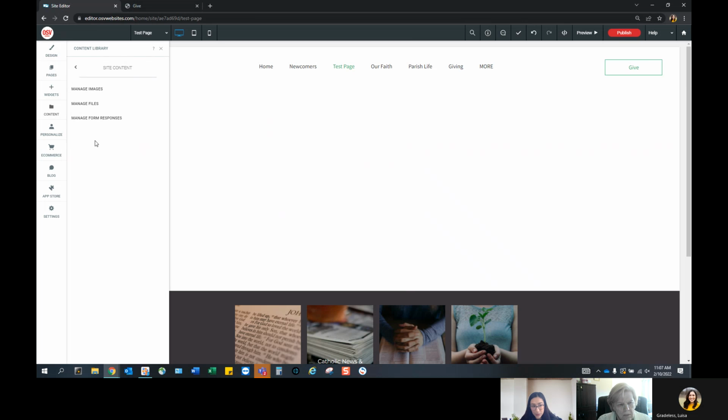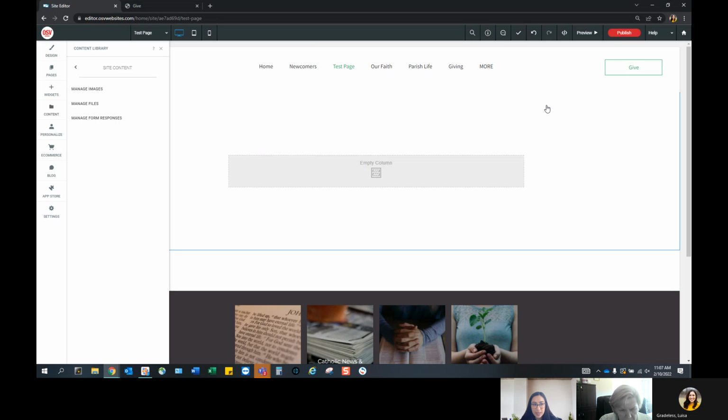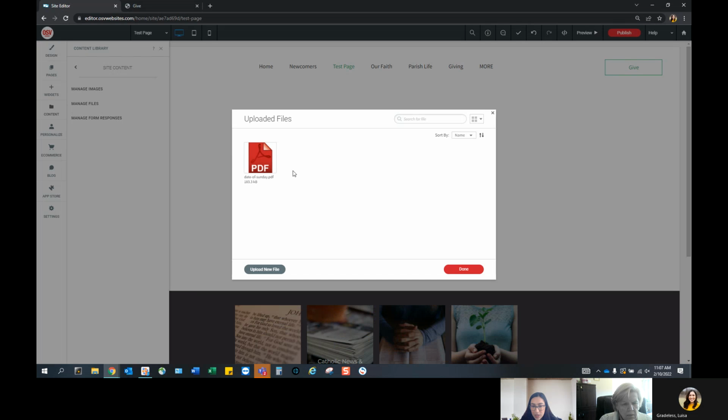Site content, this is where you can upload. So this is where I will be uploading your files as well. So content, if you needed to manage your images, they're all going to be here. This is where, Radius, you go to media. Yeah, that's very similar to the old one. Yep, manage your files. So the nice thing is your images and your files will be separate. So you'll know if you're under your